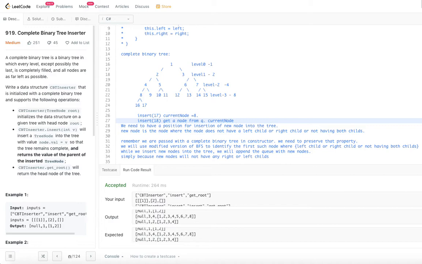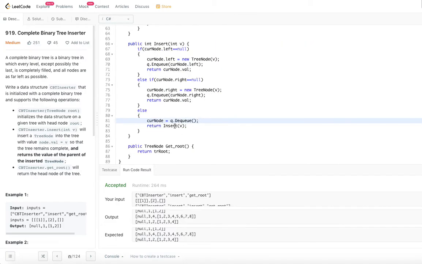Current node becomes 9. And after this, what we are doing essentially is trying to use the current node and insert V. So it will be called again. Now current node is pointing to 9, right? So its left is obviously null. So you just insert at that particular time, right? So that's how we are doing the insert operation. So this is how the 3 operations for this particular problem are implemented.